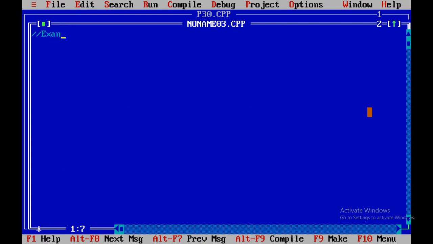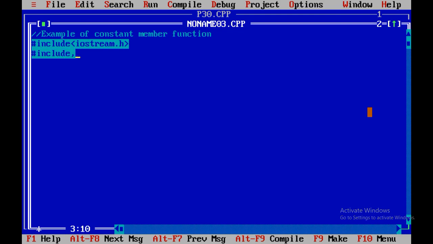Let us take one new file. Example of constant member function. We need to include two header files, iostream.h and conio.h.